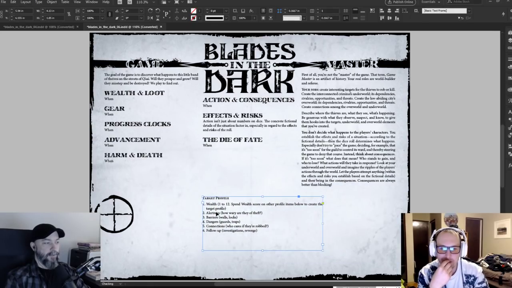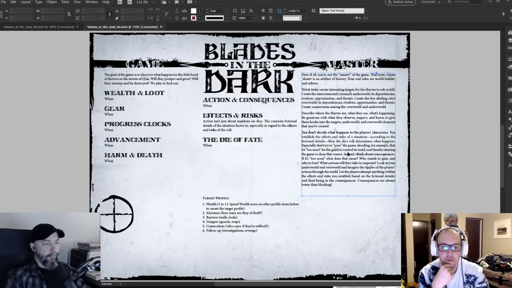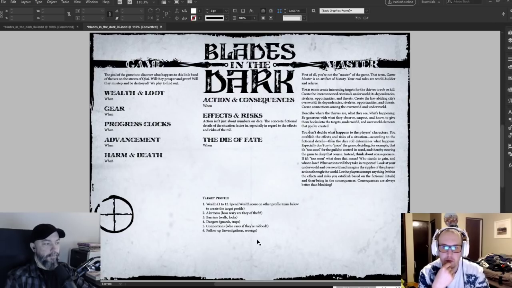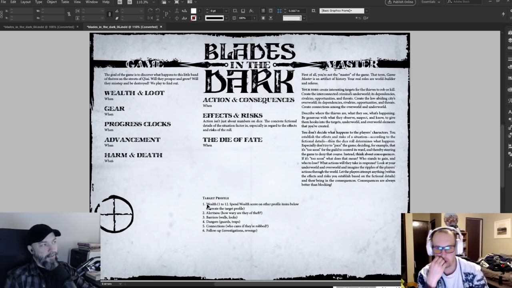And this was in the GM-facing stuff for a while. This got into playtest in another form, or maybe it's kind of like this. For quite a while, there was this target stat sheet, as a way to help the GM come up with stuff. But over time, it became clear that this was